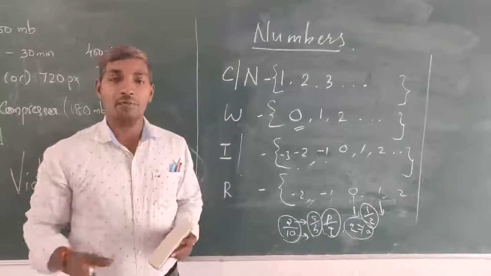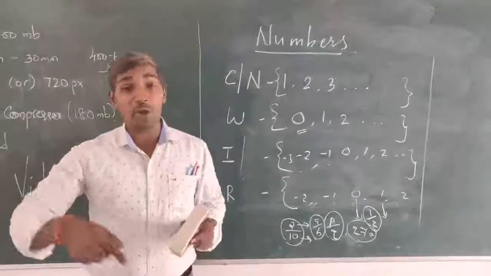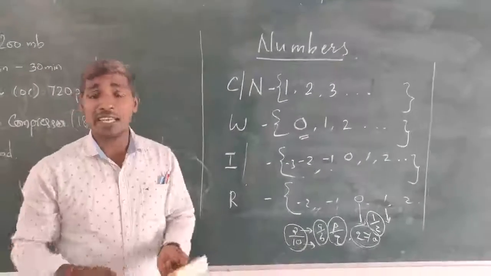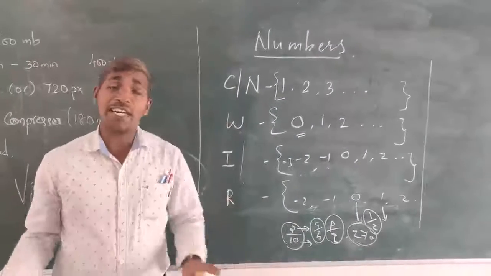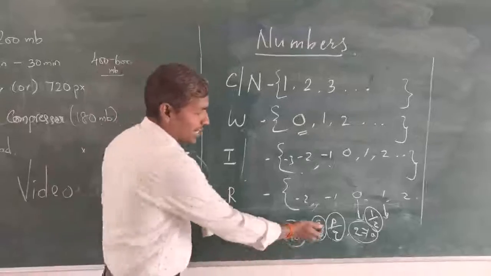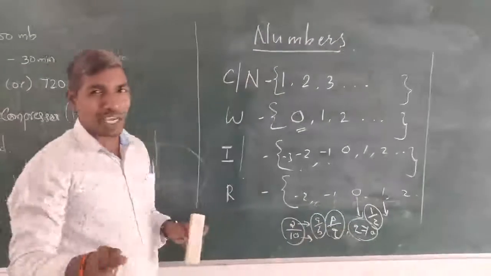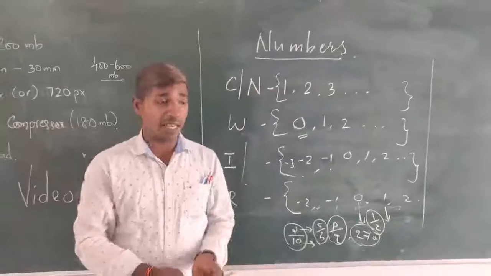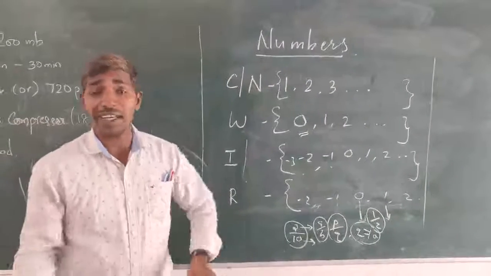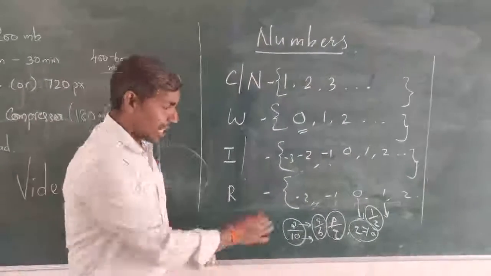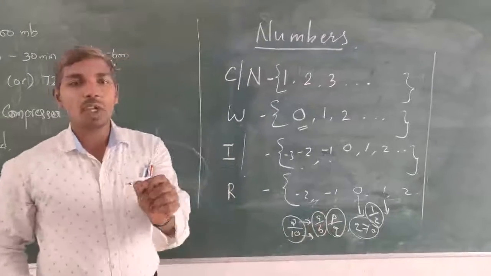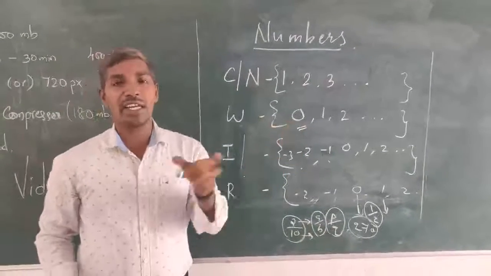So 10 by 10. Now 10 apples are there and I am going to divide among 0 persons. Is it possible? 10 apples are there, but there is no person. So there is no need to divide by 0. That's why conditions are applied. Division by 0 is not allowed. There are so many apples, so many chocolates, but divide among 0 persons, nobody will do that action. Okay, that's why the conditions are there. So the denominator should not be 0. Any number which you can write as numerator by denominator